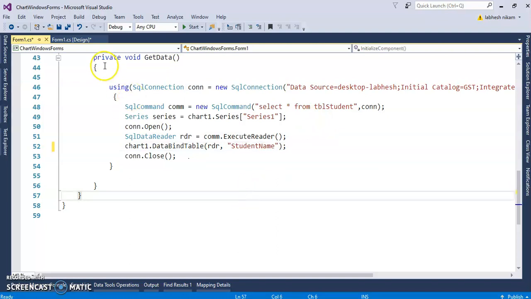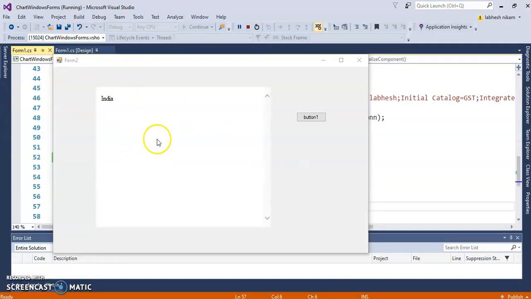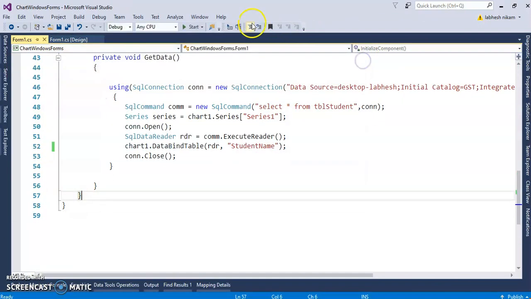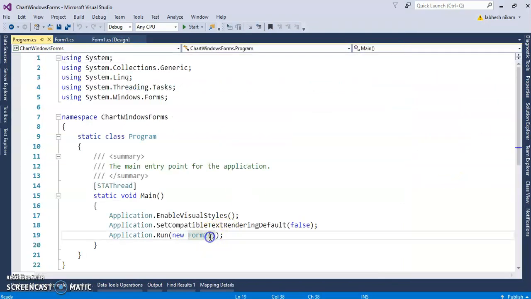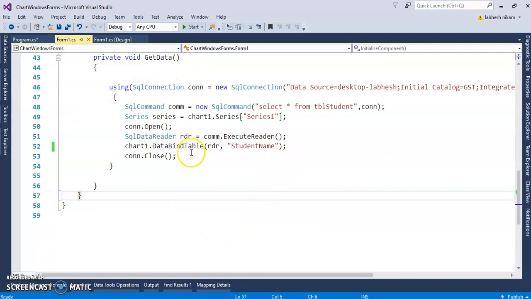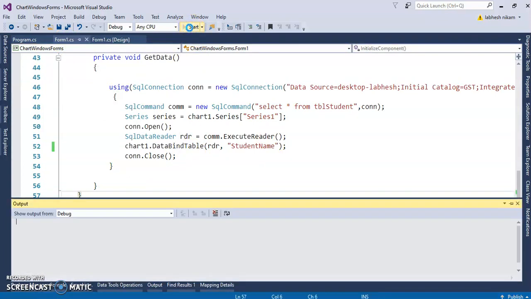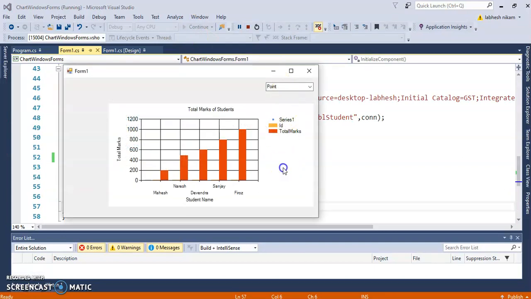Okay, run the program and check it. Here is something wrong. Form 2 is displayed, but our chart is in form 1. So let's set the startup property of the program to form 1, so that form 1 will run. And one more thing: when we run the program, this will display an error. Why? Because